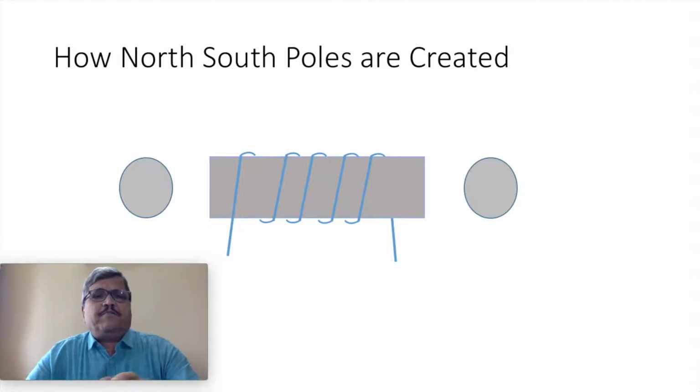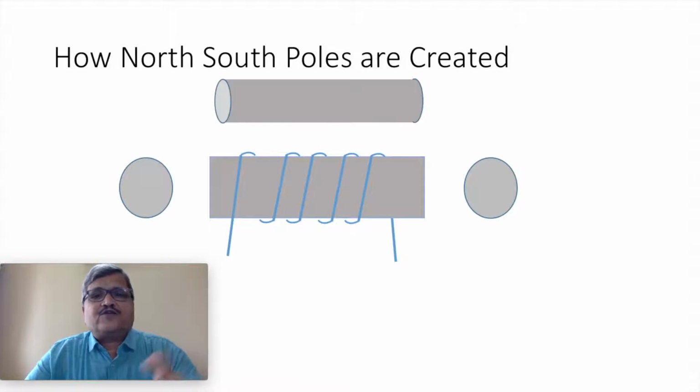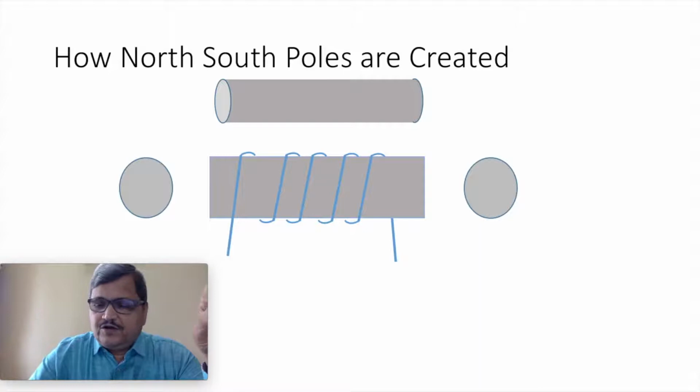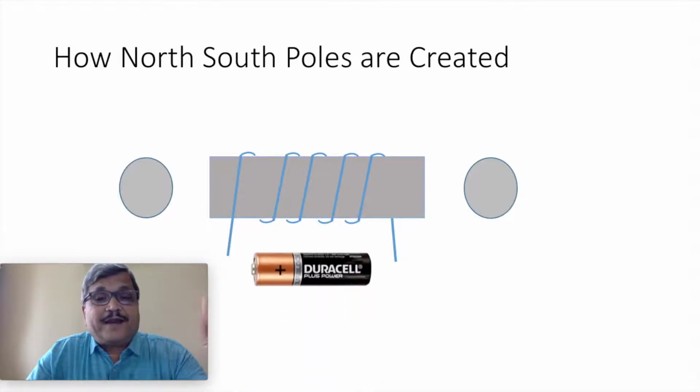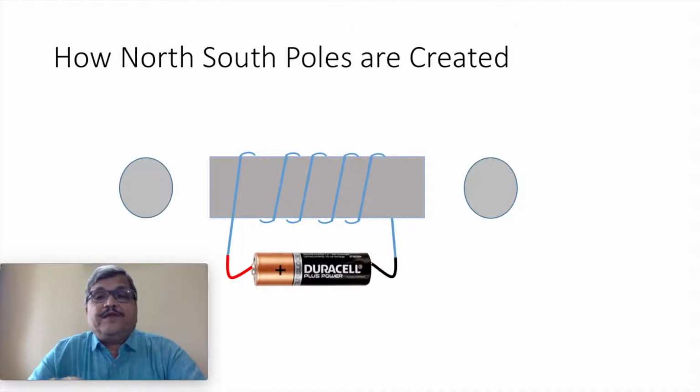So if this is a bar-like thing, a round bar, in 3 dimensions it looks like this. If you look at this round bar from the left end, you will see only a circle. And if you look at it from the right side, you will also only see a circle. You will not see the entire bar. This is a round bar and the wire has been wound on it, and suppose I take a battery, then connect the positive end at this left side and the negative to the other side. Please make it clear that the negative end is coming from the back side of the bar.